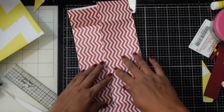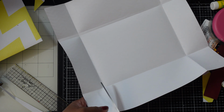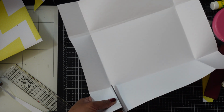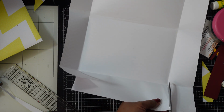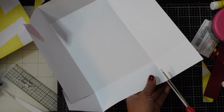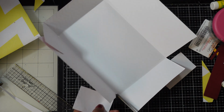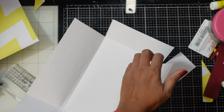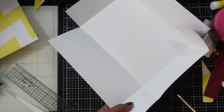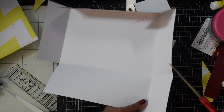We just have to join this one, then we have to cut these. So either this or this will be your front. You need to cut these. So for this particular one, I will cut it like this. This one. And then I have to see which marking. Okay, this one is the inside one. So for this particular one also,